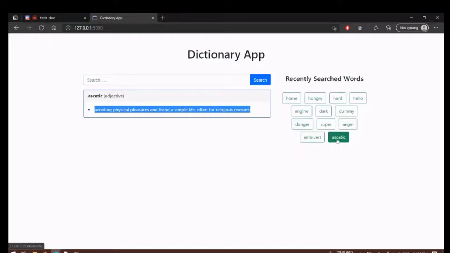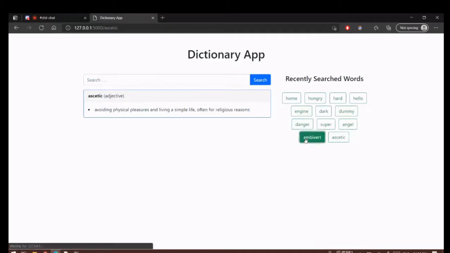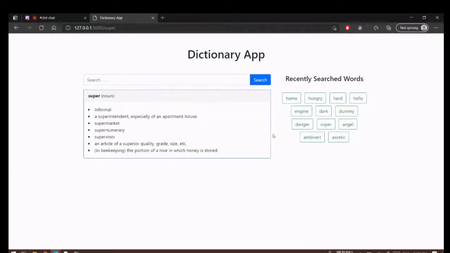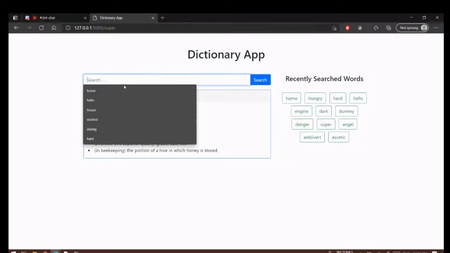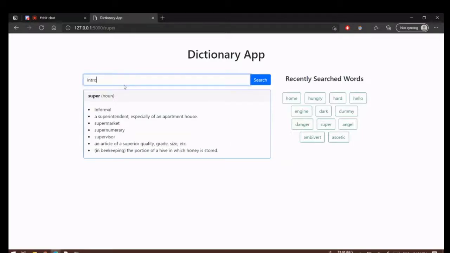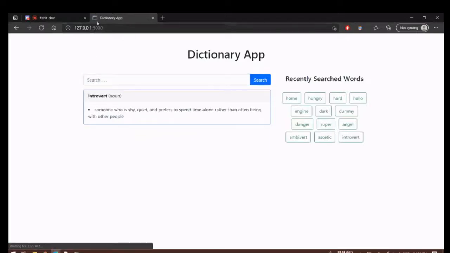So if I search for ascetic again, you'll see it will be very immediate. Ambivert, super, all these things are very immediate. Instead, if I search for a new word, say introvert, it will take a couple of seconds before it gets back the response, scrapes all the important elements from the web page, and then displays it in the front end.